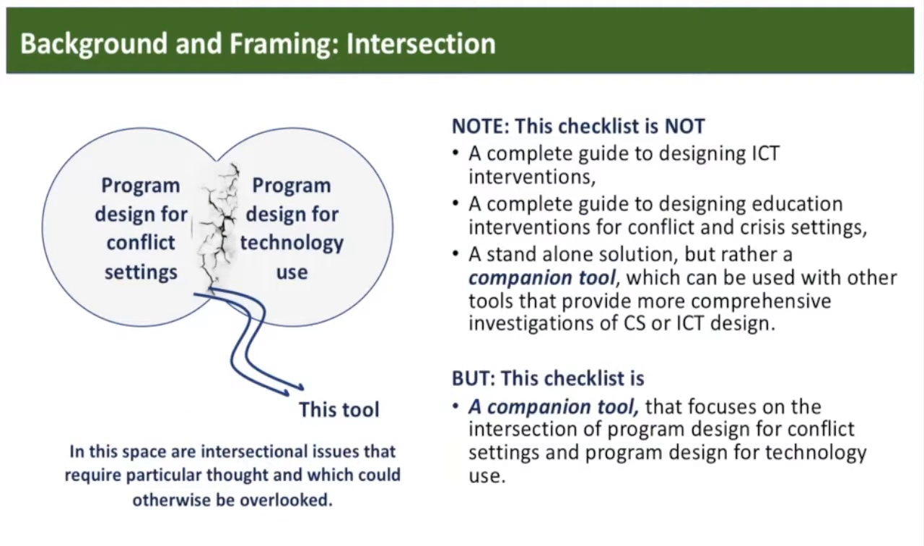Now, next to that, we wanted to give you a background, a sense of what that checklist is that we are talking about. We have two big intersecting fields. One is the field of program design for conflict settings, and the other is program design for technology use. Between those two areas, there is an intersection. What we wanted to find out is how we can help people who are working in that intersecting area, in the space between the two areas,